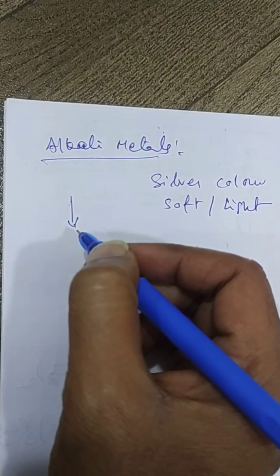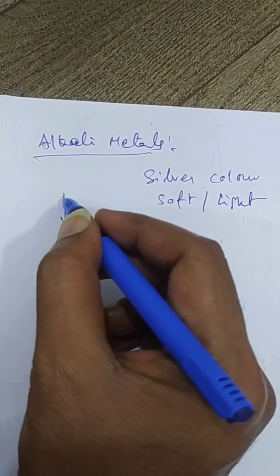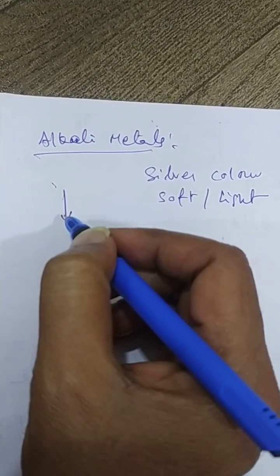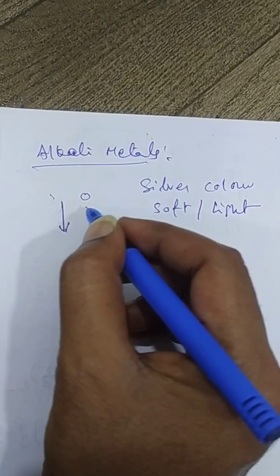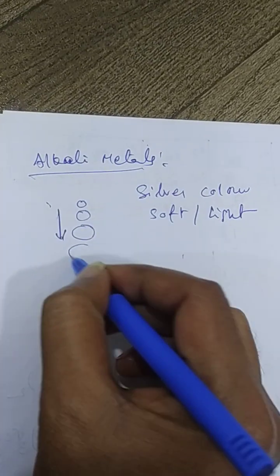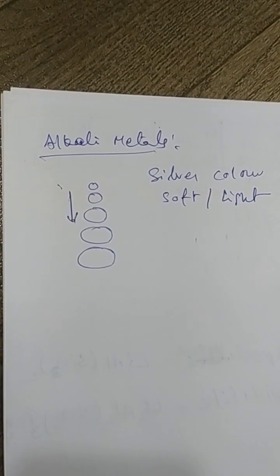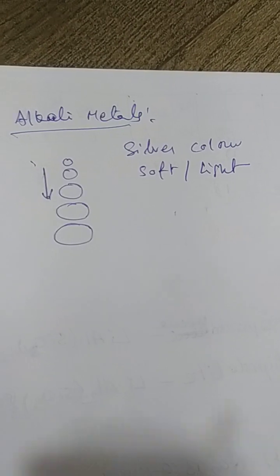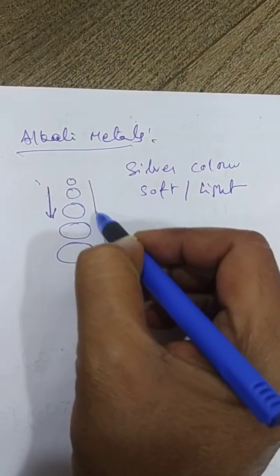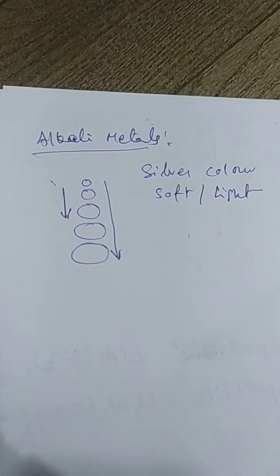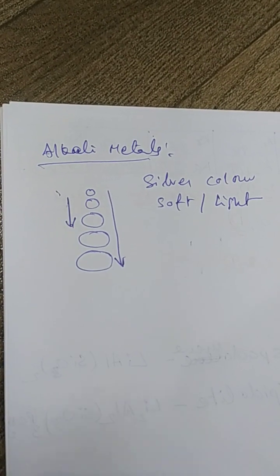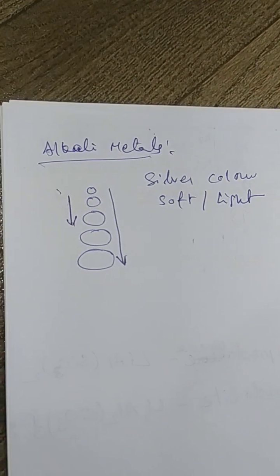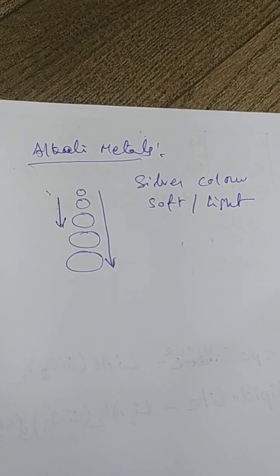The bonding capacity of these alkali metals increases in the group from top to bottom due to element size. From lithium, it is small in size, and the sizes increase due to the increasing number of electrons. Due to that reason, the size increases. While their size increases, the nuclear pull on the valency electron is less. So easily it will release the valency electron. So that is the reason it makes a good reaction.